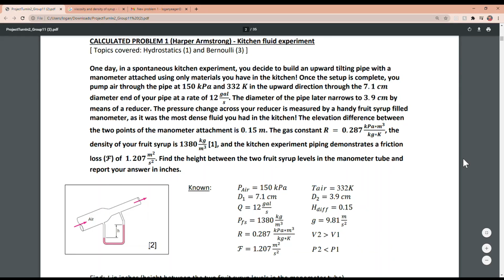This is the written work of Harper Armstrong. I have permission to use their work in my video, and my answer to all topics 1 through 4 would have been the same. So for Harper's first problem, she did a tilted pipe that had a manometer measuring the